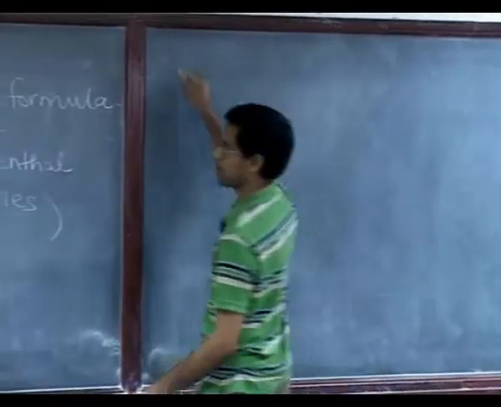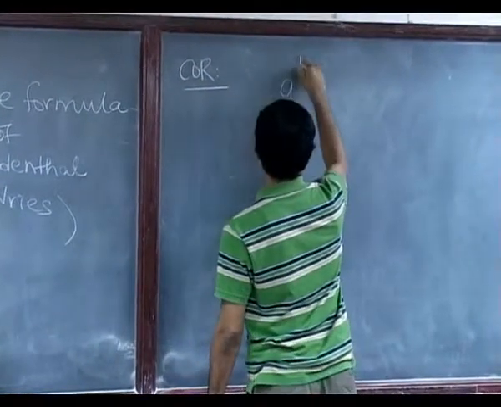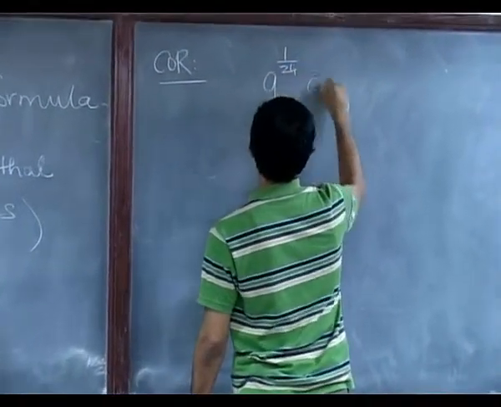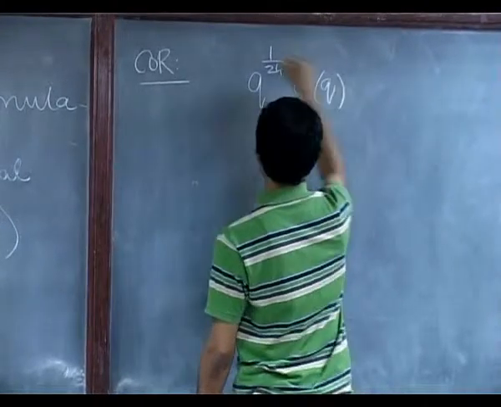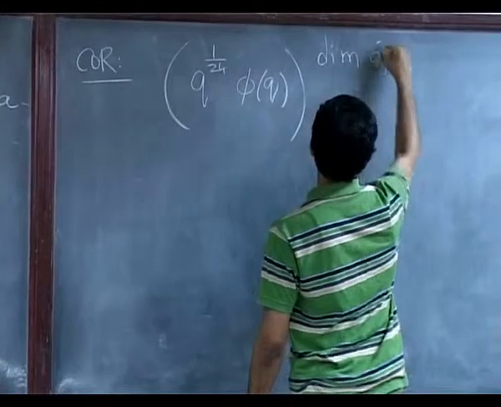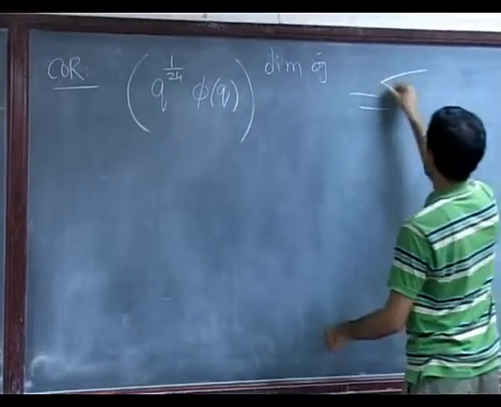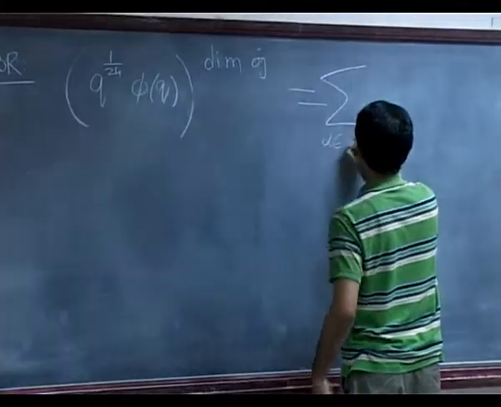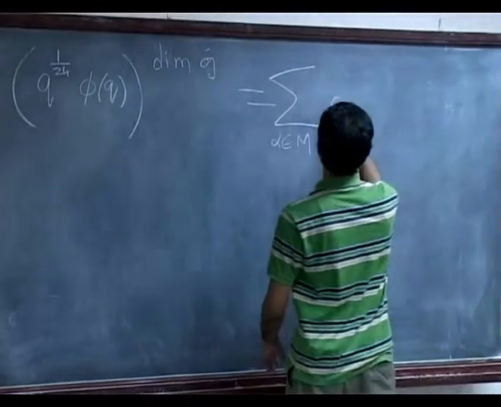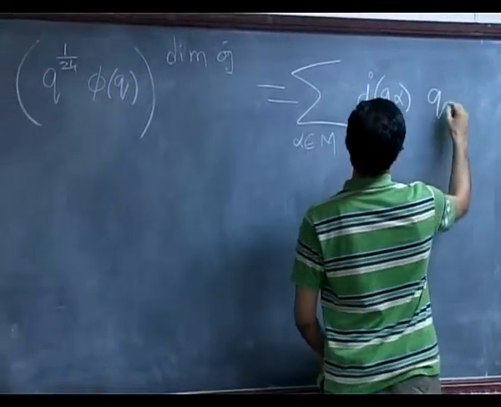So the final corollary says that you look at q to the 1 over 24 phi q raised to the dimension of g. That's nothing but the sum over all alpha in M, this number times q to the